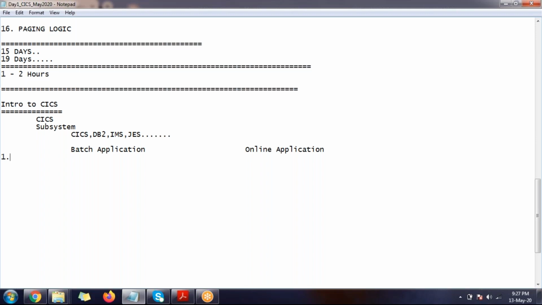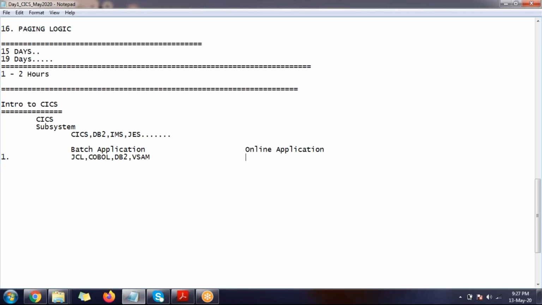The first difference is: what modules do we use in a batch application? TSO is common, so I need not list it specifically. JCL, COBOL, DB2, and VSAM will be there anyhow.